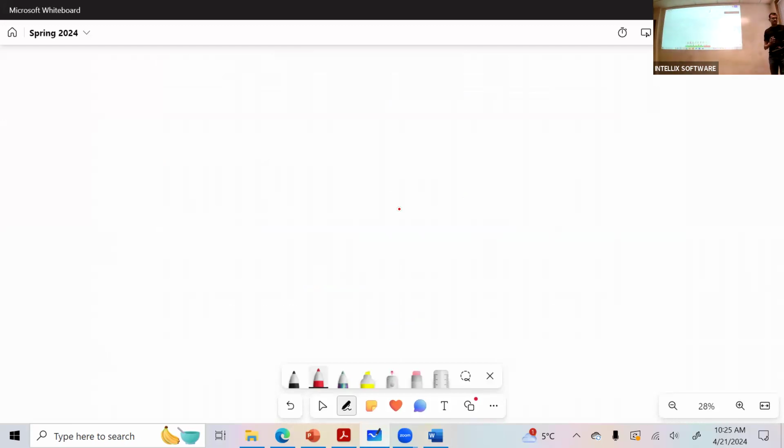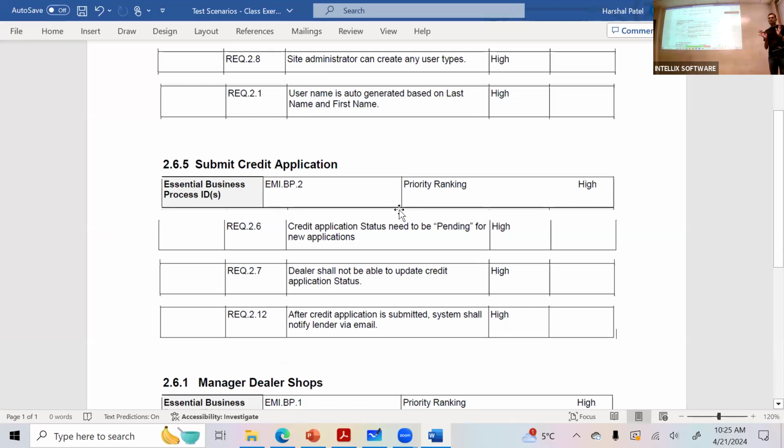So just explain to me in plain English, what are you trying to do here? What does the requirement say, basically? Just explain the requirement. That's okay, whatever you have is perfectly fine. Go ahead and we can see what the requirement says and how you can test it.